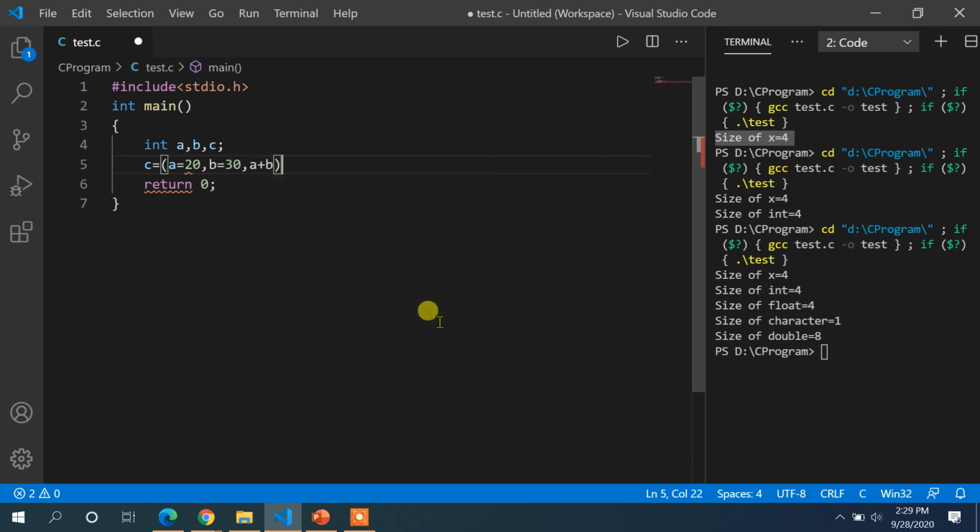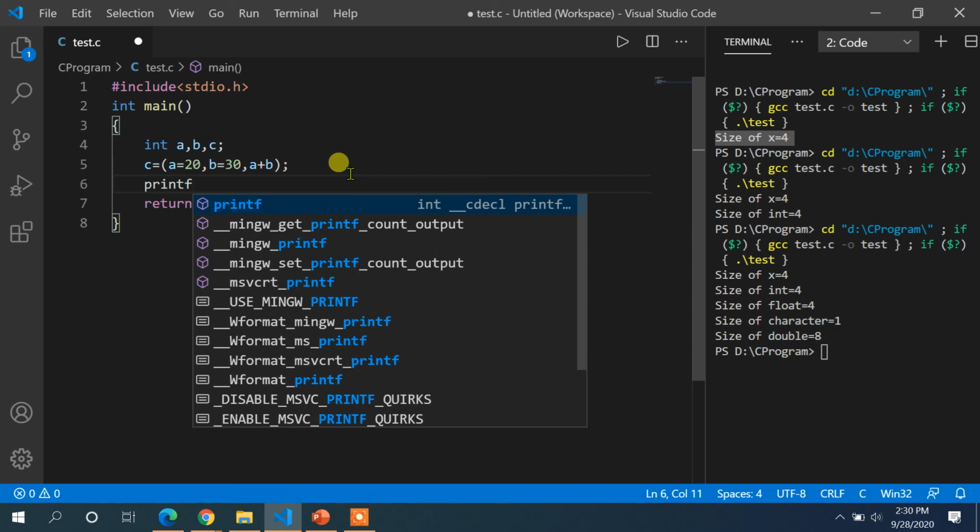As per the discussion today, I already told you that whenever you write expressions in a chained manner, you can see here the first statement a is equal to 20 will be executed from left to right. A is equal to 20, then b is equal to 30. Then what should be the value of c? The value of c will be the value of a plus b, because that is the last expression. After adding, the value will be stored in c. Then I will print the value of c here.